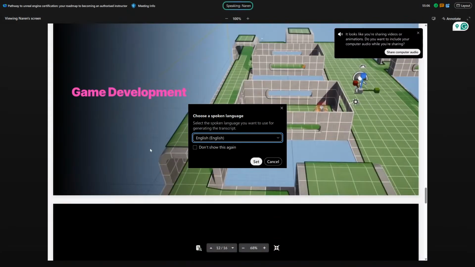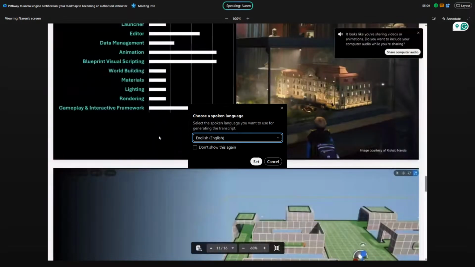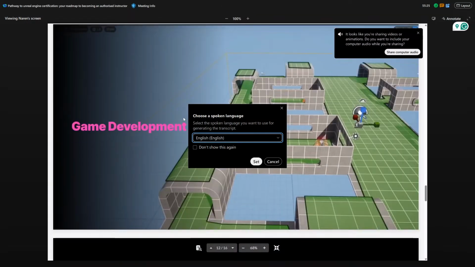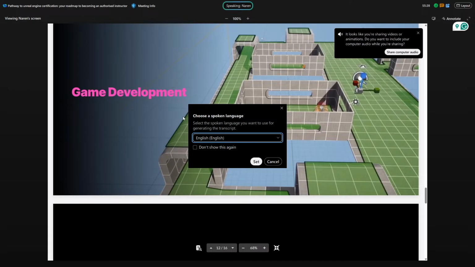Gameplay is more about level setup. What are the interactive elements, where the wall is collapsible, or if a character walks through, sometimes we don't have any passage and it will get blocked. All those things will be controlled within the interactive framework. Last and final would be game development. As the name says, level design is just designing the level, placing the foliage, placing the content. But in game development, we see the characters and how they react with the environment. So those controls and restrictions will be created in the development process.